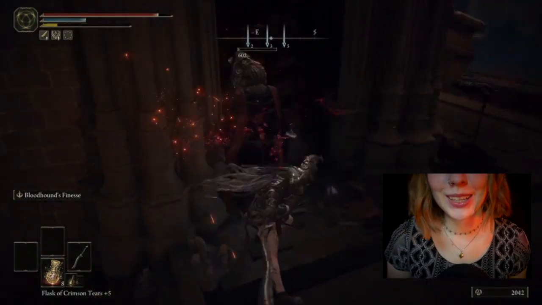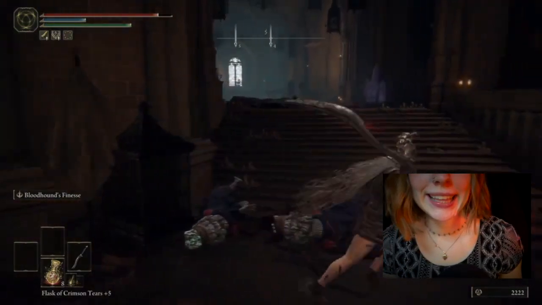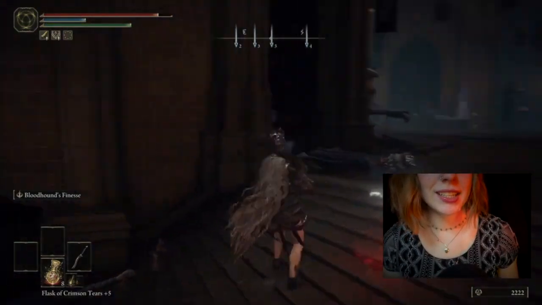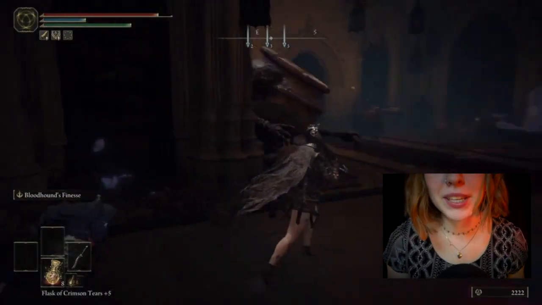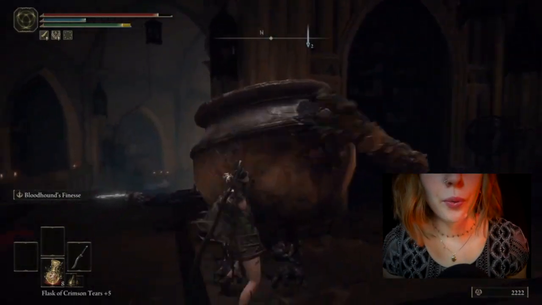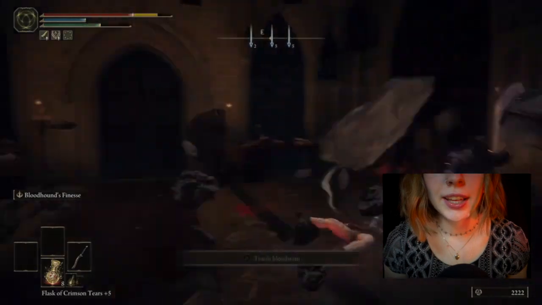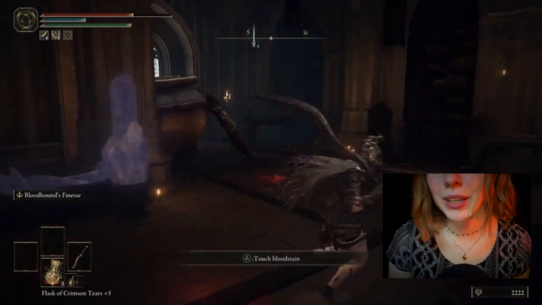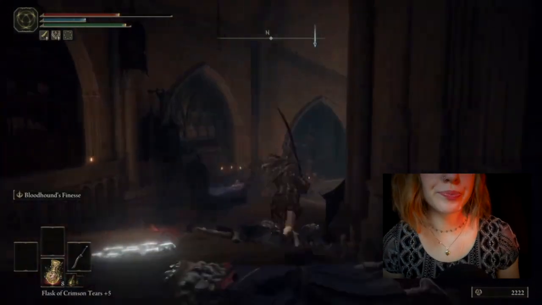Nice. Okay, we got those sorcerers. But yeah, I think the music really gives this magical quality, this element of mystery. Oh, and we've got a warrior jar, and they are a little bit more tanky. They have a little more health, so